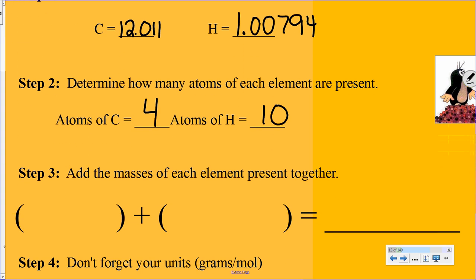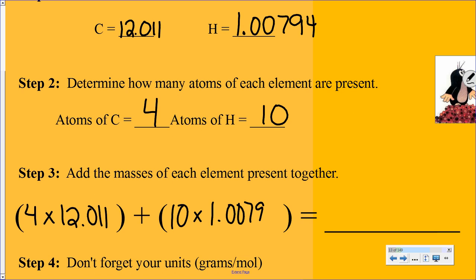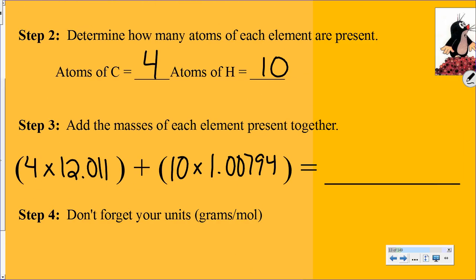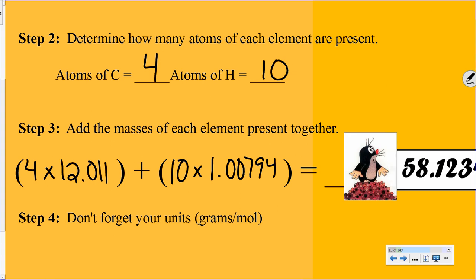And then we actually do multiplication here, but it's really as a substitute for addition. It's just a shortcut. So the reason I'm mentioning it is it doesn't change our sig fig rules. We're still based on our number of decimal places. So since we have 4 carbons, we'll multiply that by 12.011. And we have 10 hydrogens, which we will multiply by 1.00794. So you're going to punch those into your calculator. Oops, I lost my little answer bar there. And that should give us